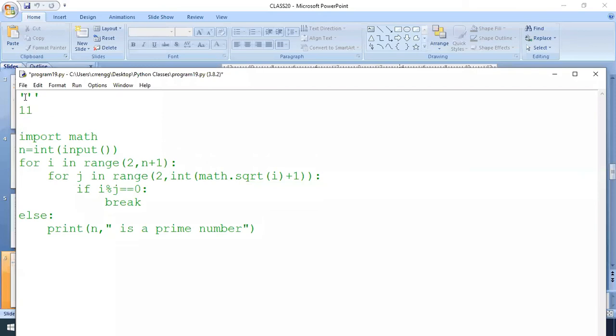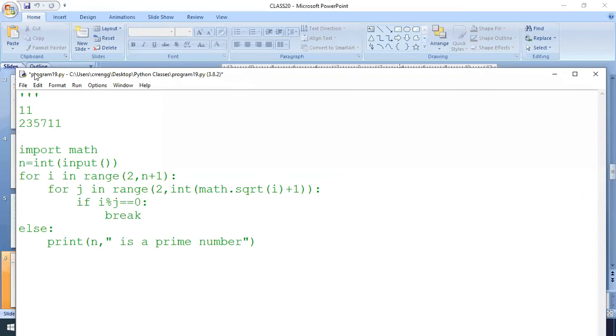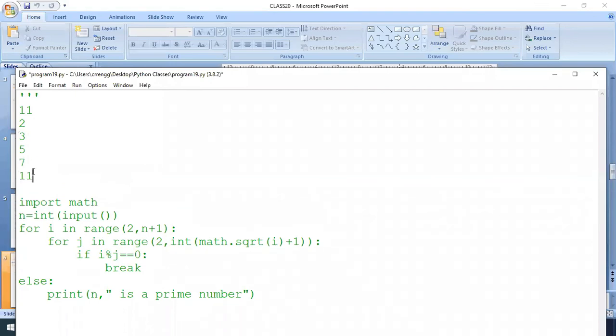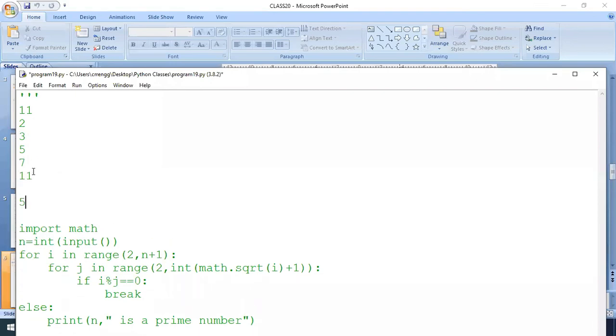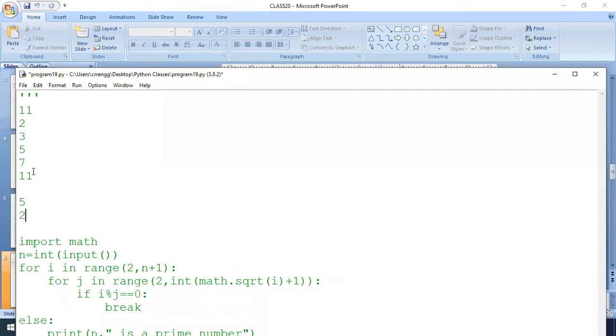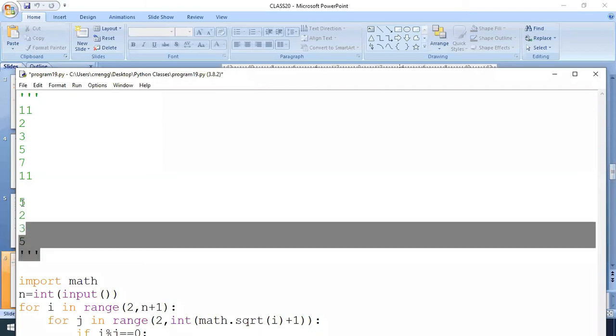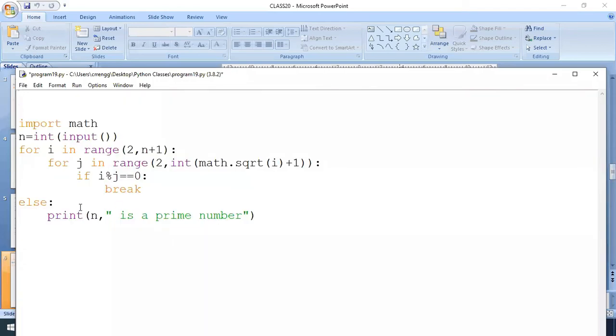Here the program is you are going to read the value. So for example 11. Now it prints 2, 3, 5, 7, 11 as output. Each one is printed on a new line. If I give input as 5, now it prints output as 2, 3, 5. So this is the expected output. So just you are going to read the n value. After that you are going to print the prime numbers up to n value. Here I'm going to print only the I value. That's it.